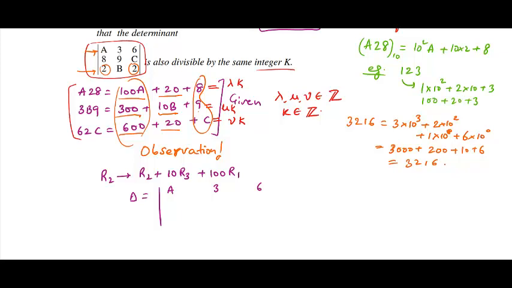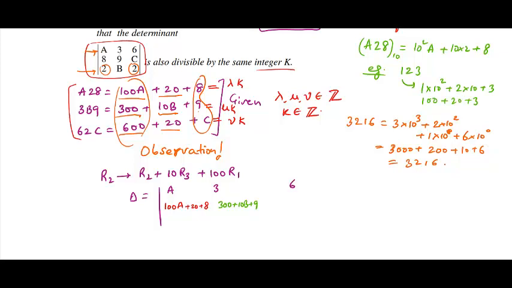Second row will obviously change because of the transformation, so we get 100A plus 20 plus 8. Similarly, the next element becomes 300 plus 10B plus 9,